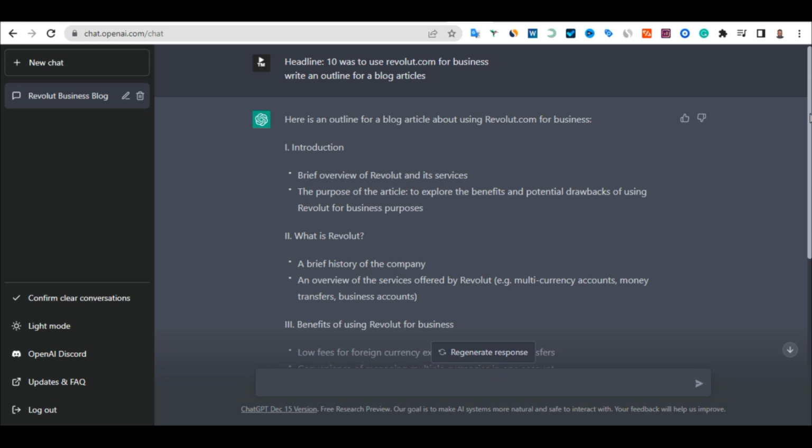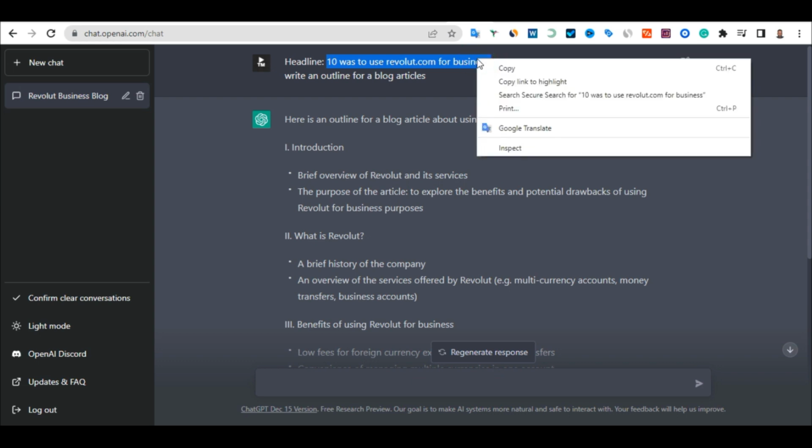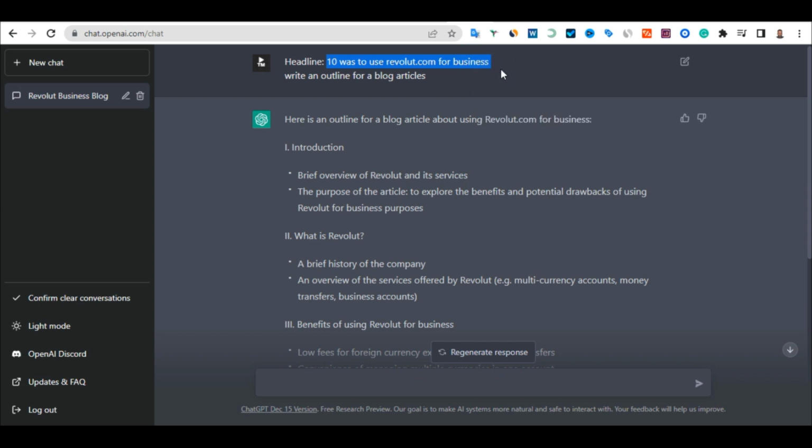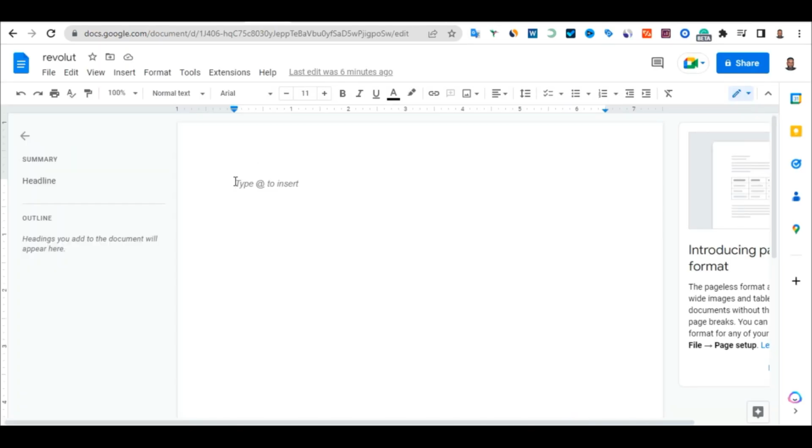To start writing this outline, the first thing, like I told you, is that we have opened a Google Doc. So what we have to do is copy our headline, which is this one here. Let us copy this and go to Google Doc now. Come to Google Doc, which is this one here, and here we are going to paste in our outline. As you can see, I've set up the headline, which is here, and I will type in introduction here.